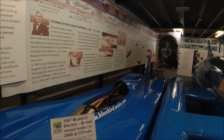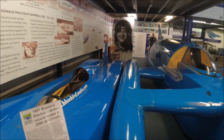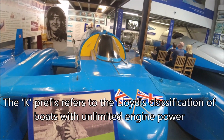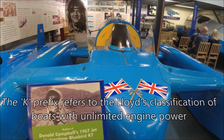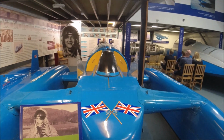He achieved his record of 403 miles per hour, although now, with record breaking, success seemed to be diminishing with every attempt. And this is the Bluebird K7. Donald Campbell went to Lakeland to try and achieve his own double. Watched by over 200 people, he was the first man to get